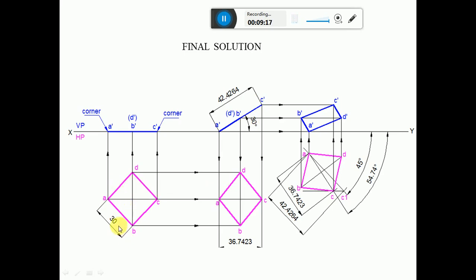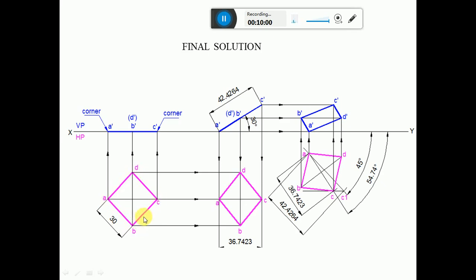To do that, first we are going to consider any point, and then by using the protractor, you measure an angle of 45 degrees with respect to the horizontal, clockwise and also counterclockwise, on either side, on the left side and also on the right side. Then from this point you draw an inclined line at 45 degrees, and also from this point you draw an inclined line at 45 degrees. Then with this as center, take the radius of 30 and cut an arc on this line and also on this line. Then with this as center, draw an arc, and then with this as center, cut an arc, so that you get the 4 points. Then join and mark them A, B, C, D.